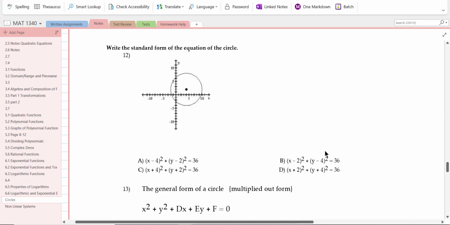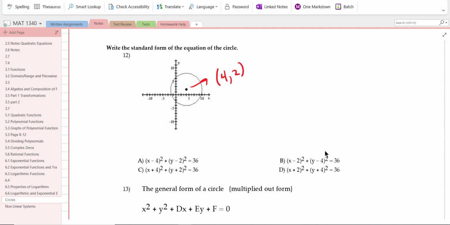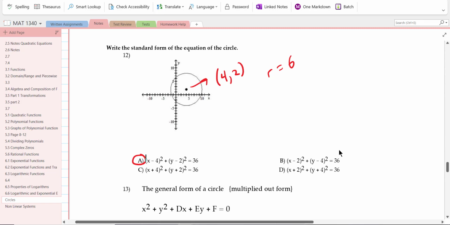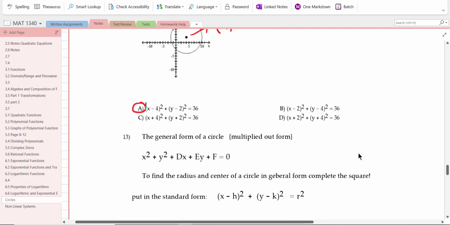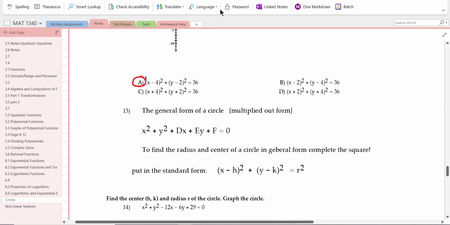Okay, let's see. This one, you can get pretty easily. The center is 4, 2, and it looks like your radius is 6. So this one would match with A. So you have a radius of 6, center of 4, 2. All right, so now the last part of this is what you'll see on